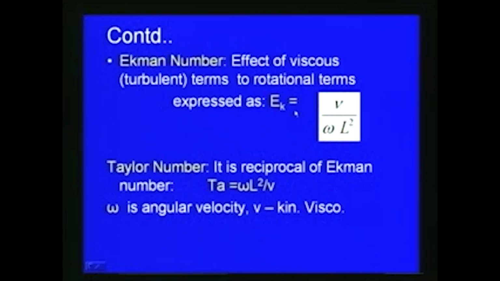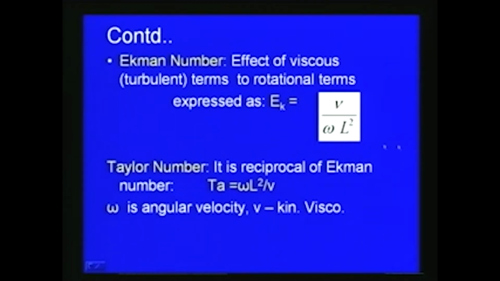And two more important numbers which we generally use in fluid mechanics: the Ekman number. Here again, it is used wherever rotational effects are considered. The Ekman number gives the ratio of viscous terms to rotational terms, and it is defined as Ek is equal to nu by omega L squared, where nu is the kinematic viscosity, omega is the angular velocity